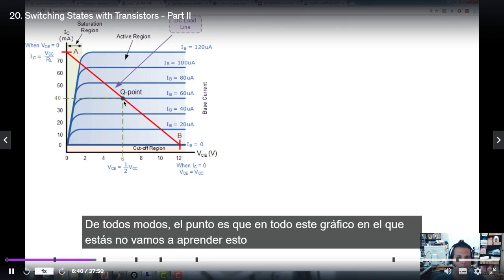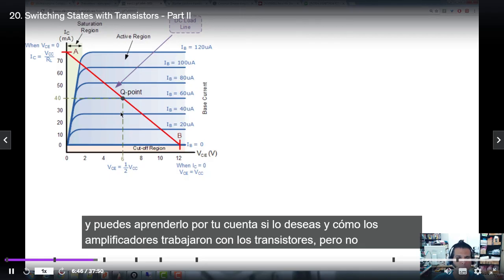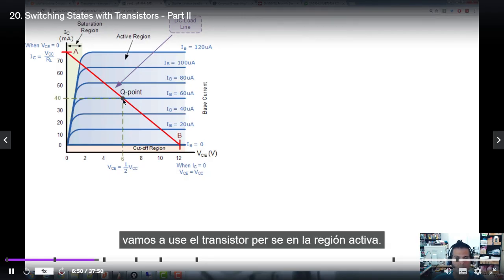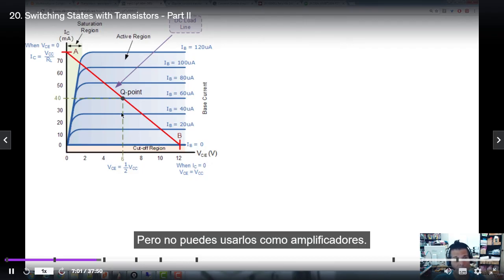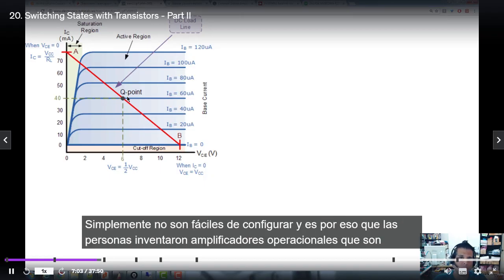And so anyway, the point is that this whole graph here, we're not going to learn this, and you can learn this on your own if you like, how amplifiers work with transistors. But we're not going to use the transistor per se in the active region. It may be in the active region, but we're going to primarily use these as switches, saturated or cut off. All right, but you can use them as amplifiers. They're just not easy to set up, and that's